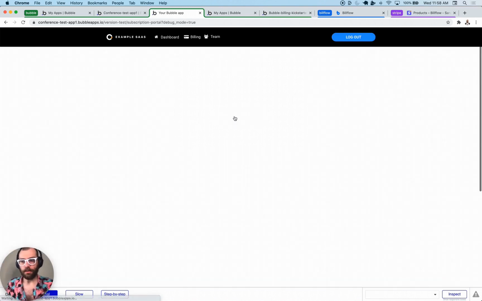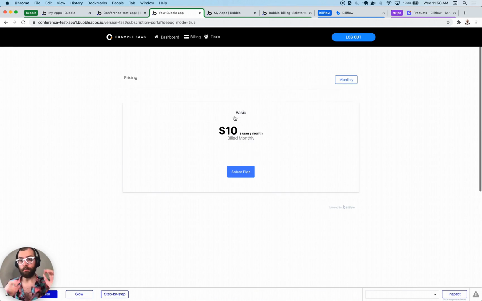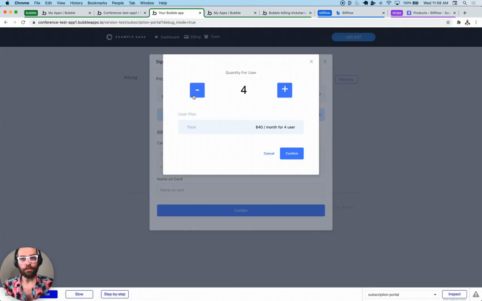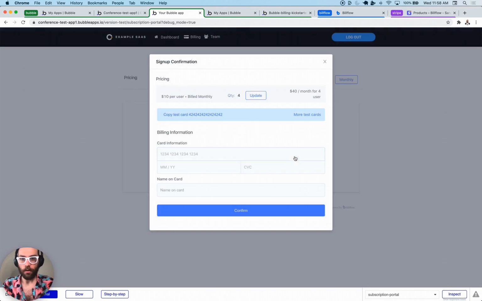Let's upgrade. So I'm going to click upgrade. It's going to bring up the Billflow plan picker. We have a $10 per user per month plan. We're going to pick it. We're going to purchase, let's say 3 or 4. We're going to go with 4 additional users for $40 a month. And we're going to put in a test card, good old 42,